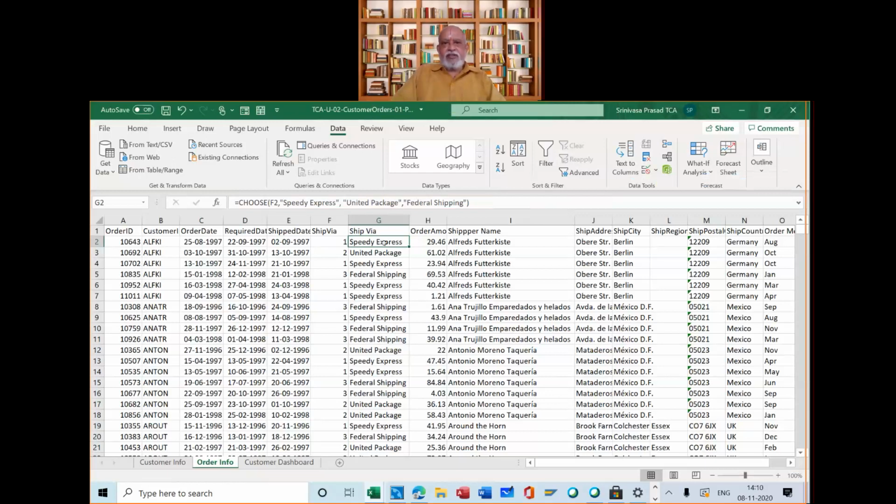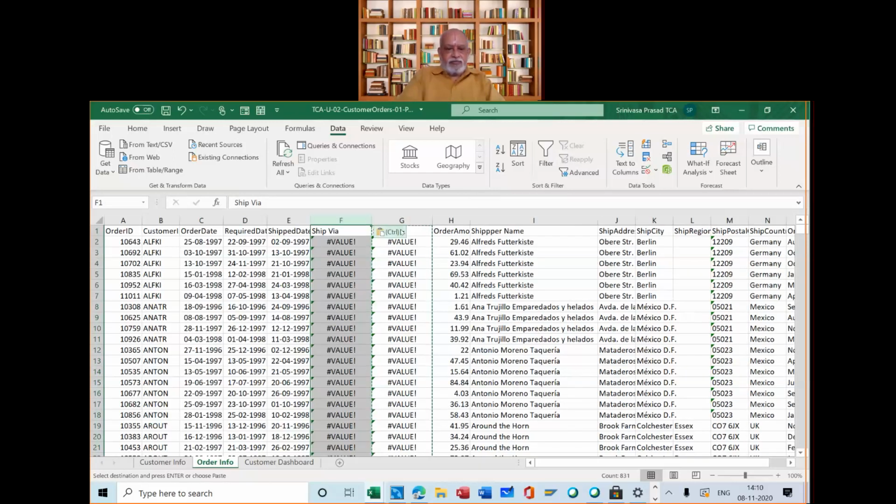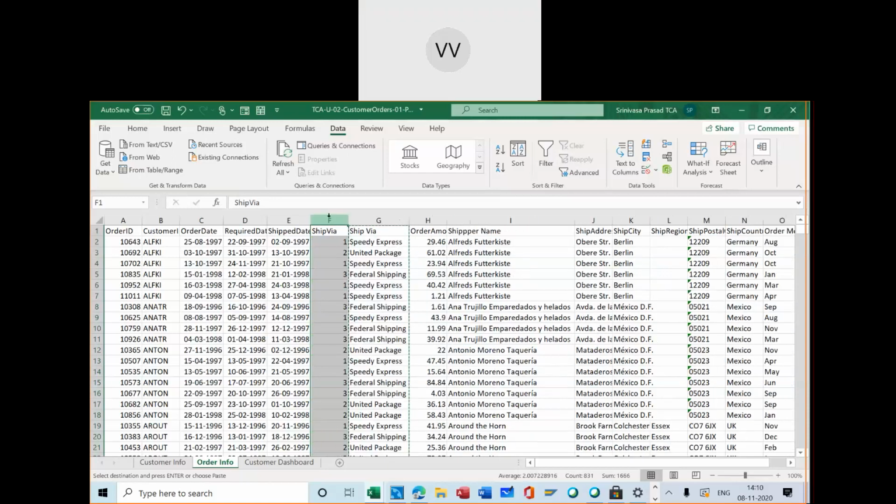So now this cell contains a formula. It doesn't contain the value Speedy Express; it contains only a formula. We don't want this formula. So we will copy the whole cell, Control C, and go to F and then Control V. Oh, sorry, we made a mistake.